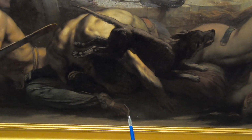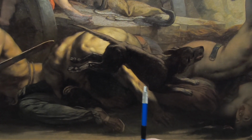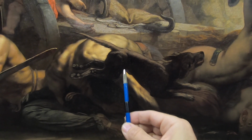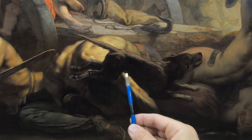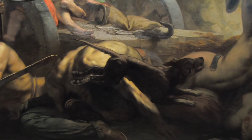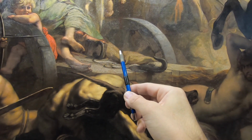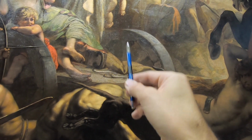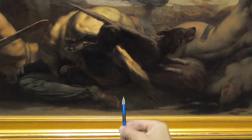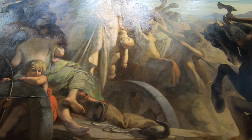So if we start with this guy's foot, run up to this high contrast area, this is going to show you how well they hide their design techniques. So this coincidence lines up the crotch area of this dog up here into the shadow area of the rock, into the crease of that material, up to the low contrast area of the wheel, and then all the way up to this baby's arm. So that design is leading us up to this baby right here, which is bleeding, and it's pretty sad, but